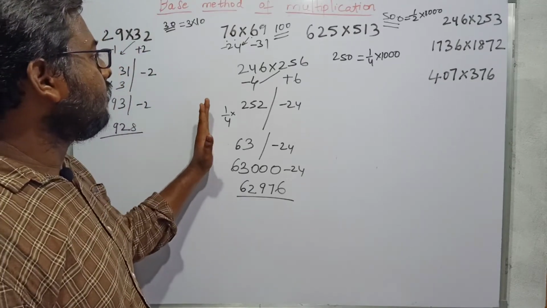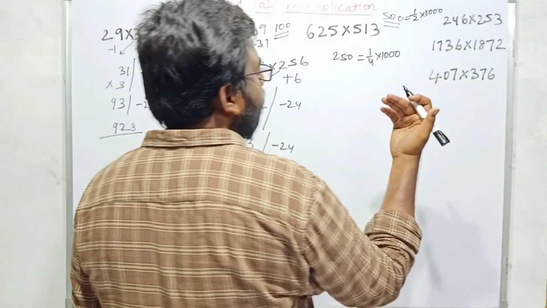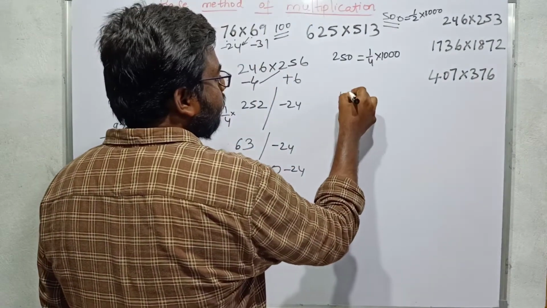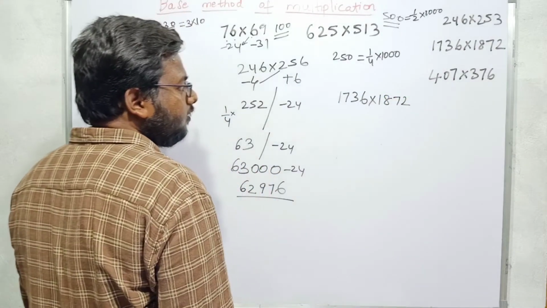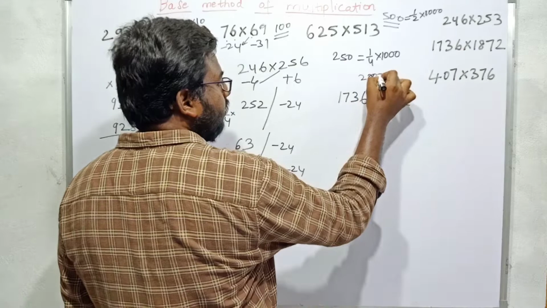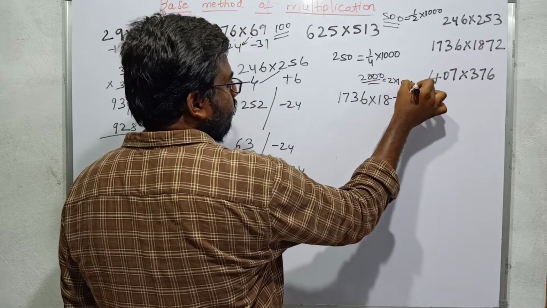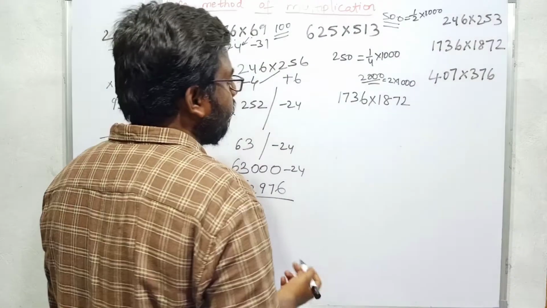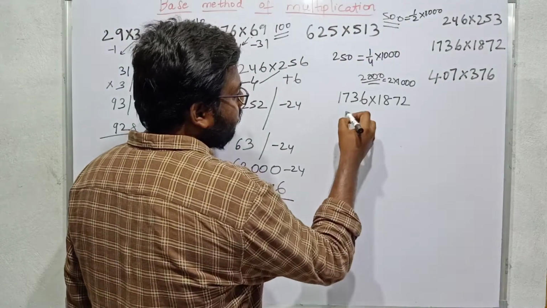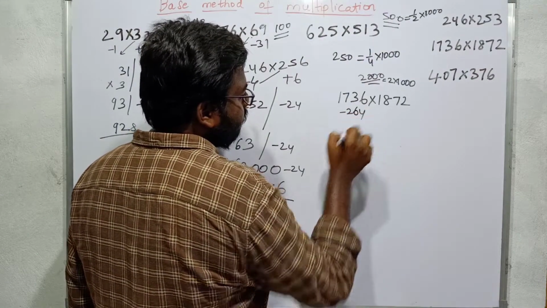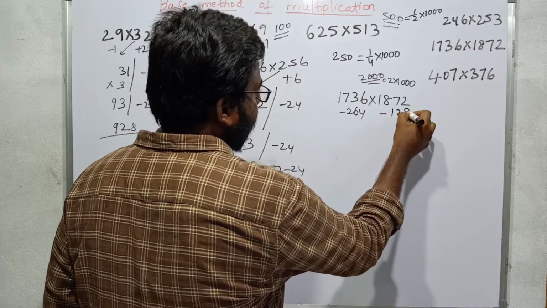You can calculate like this when we are calculating on base number 250. So if you want to calculate 1736 into 1872, this is nearer to the number 2000. So I will write 2000, the multiplication factor will be 2, and the decimal number 1000. How far is each from 2000? This is minus 264 far, and this is minus 128 far.